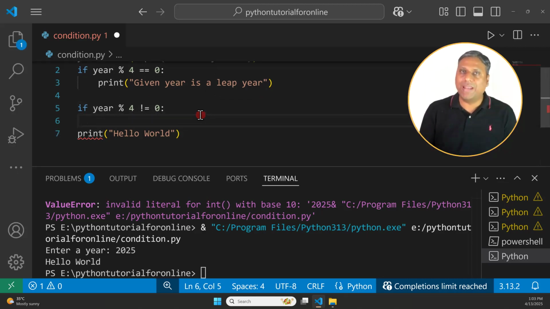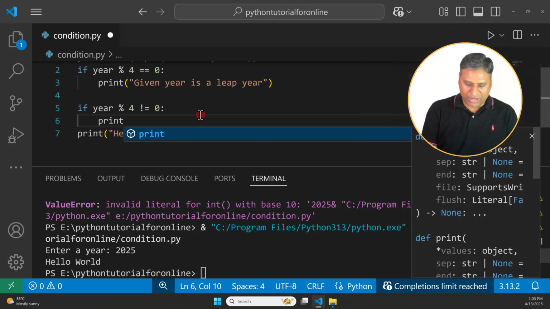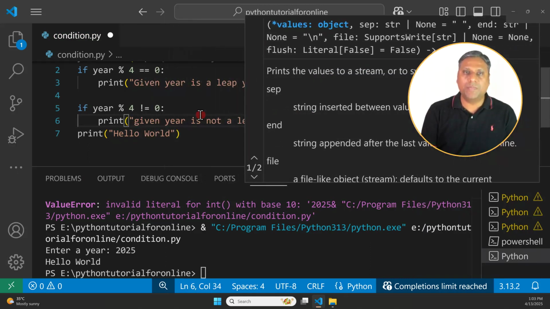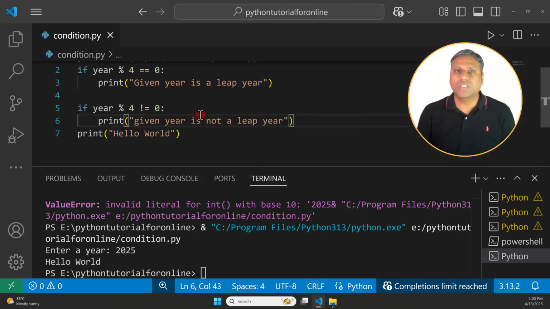Now finally I am saying print given year is not a leap year. Perfect. This is what I want to check. So here it will check whether the output is not equal to 0. If the output is not equal to 0, then it will print given year is not a leap year.